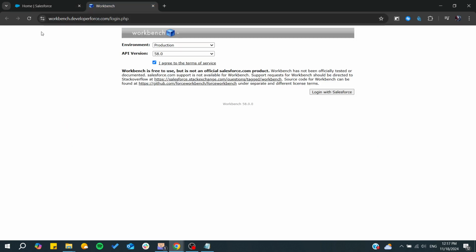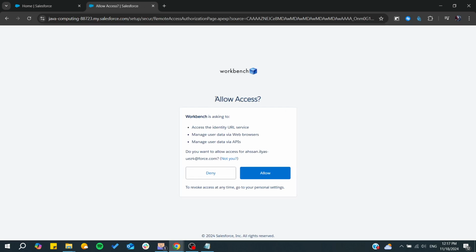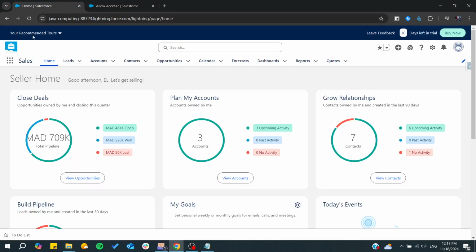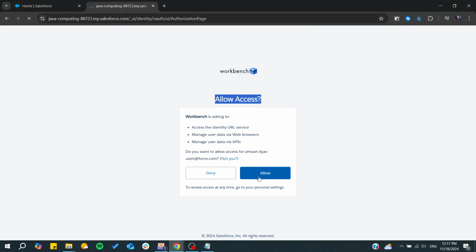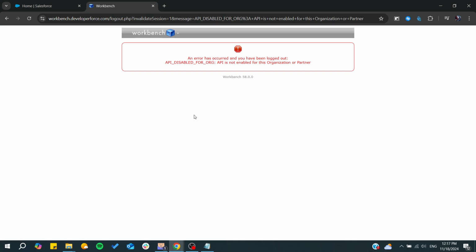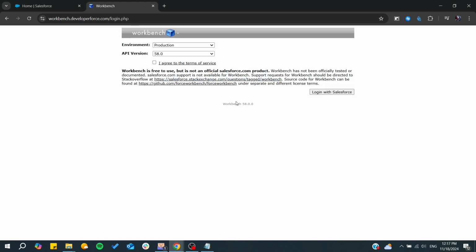So basically, first you will need to go to the Workbench website, and to access it, you will need to type this URL. So it should be workbench.developerforce.com. Then it will take you to this page, and from there you will need to log in with your Salesforce account. So basically you will need to allow the access. Since I'm already logged in, I'm going to allow the access. And basically I already have the API of Salesforce enabled, and all you need to do